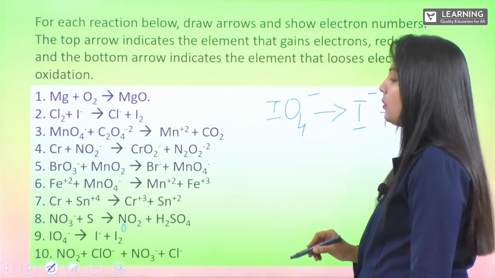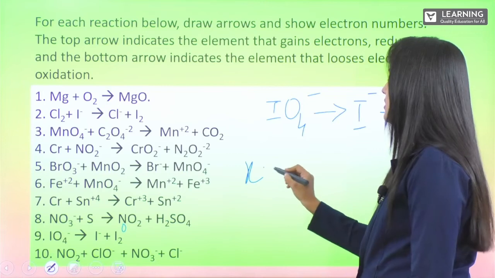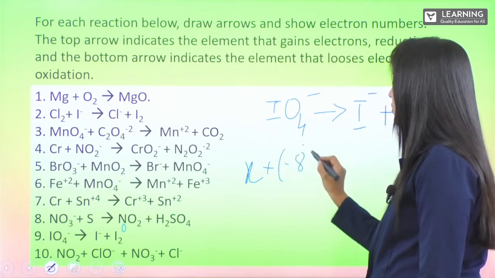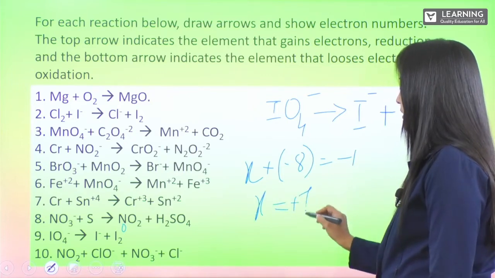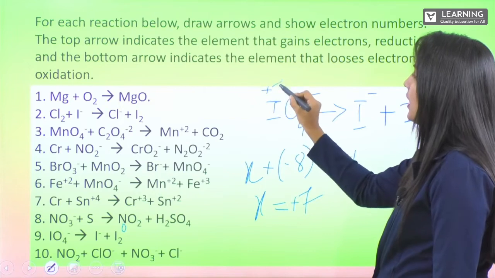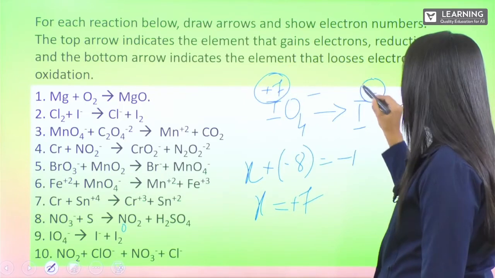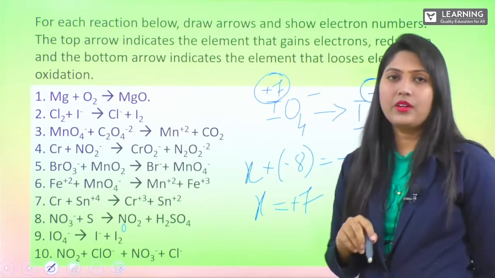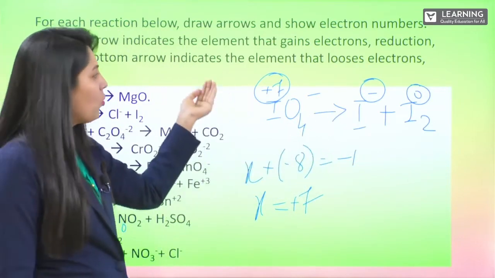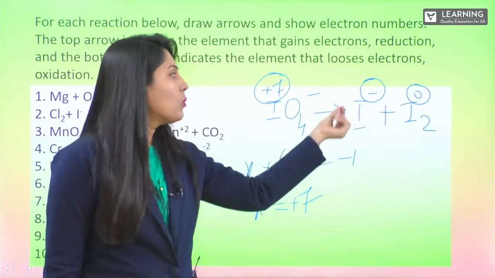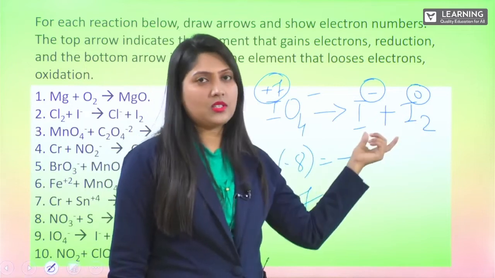In IO4 minus, which is the combined form, I will have X equal to plus 7. How? 4 O's are minus 8, which is equal to minus 1. So when it goes there, it will get plus 7. So here we have the I or iodine in plus 7 state, minus 1 state and 0 state in the elementary form. Right. So when you have these kinds where one reactant is giving rise to two or more elements of the same kind with different oxidation numbers,